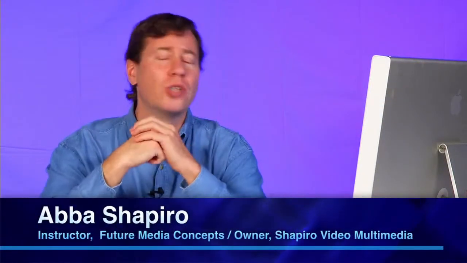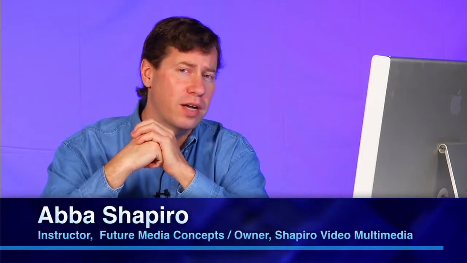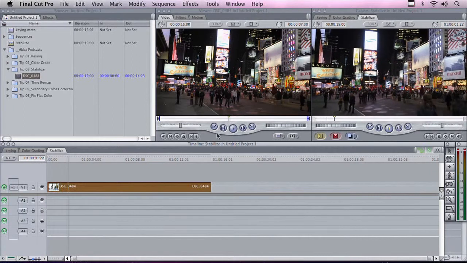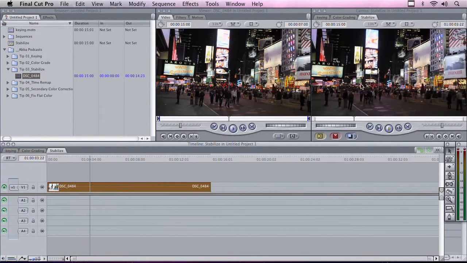In this course, we're going to talk about the Smoothcam feature in Final Cut Pro. Now, often you're given footage that's a little bit shaky, and you want to be able to stabilize that footage, and Final Cut Pro can do that really quickly and really easily. Let's take a look at this clip we have in our timeline. This was shot with a Handycam, and as you can see, it has quite a bit of jiggle and bump